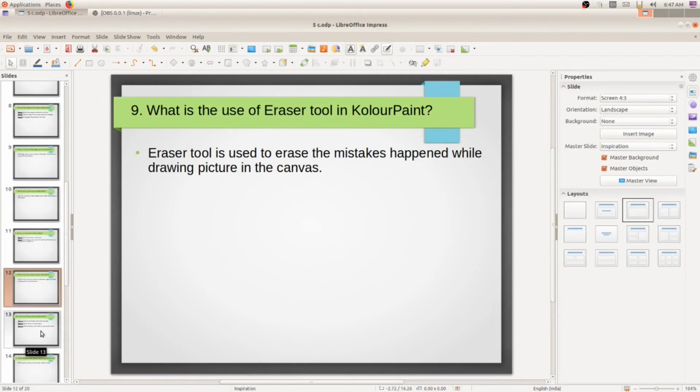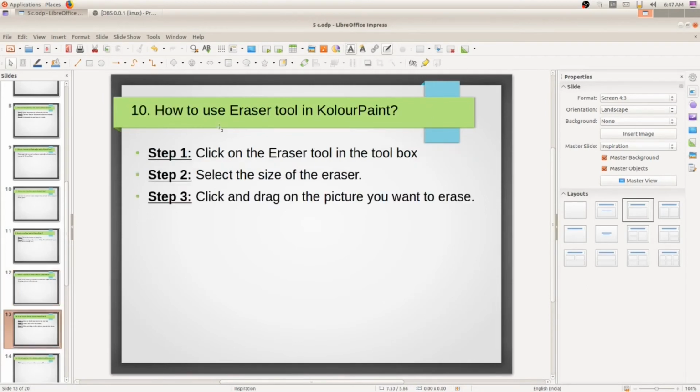Okay, now the next question, how to use eraser tool in color paint? So usually step 1, click on the eraser tool in the toolbox. You can see the eraser tool in the toolbox. You can also select the size of the eraser. Okay, I'll show it now.